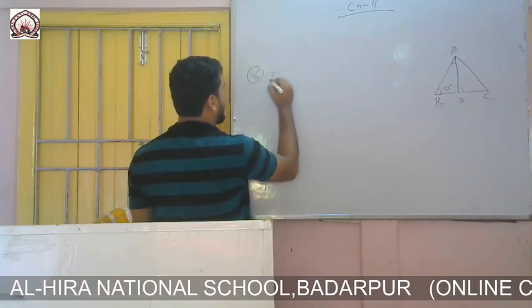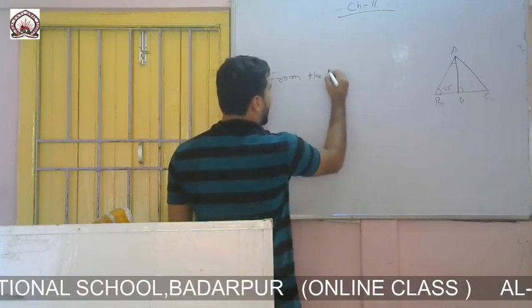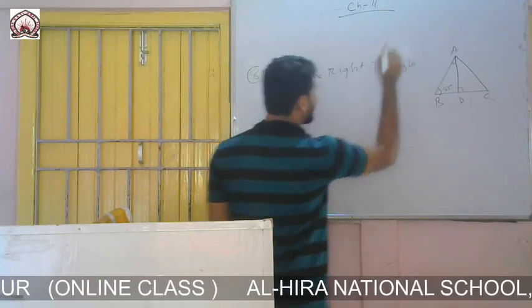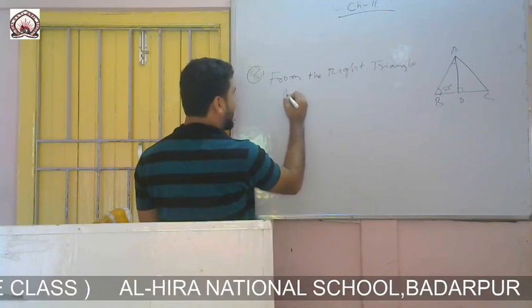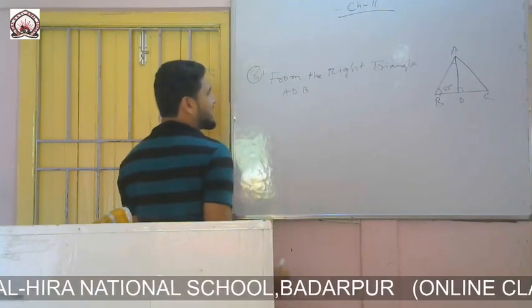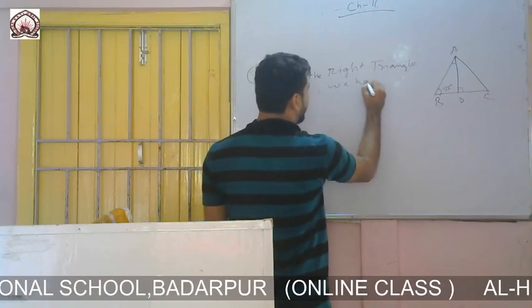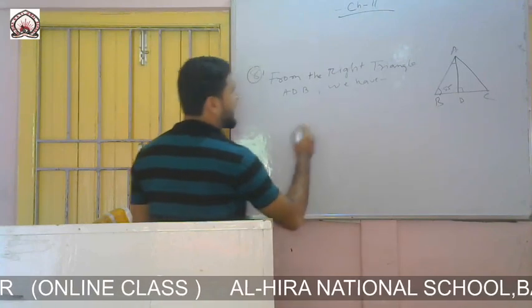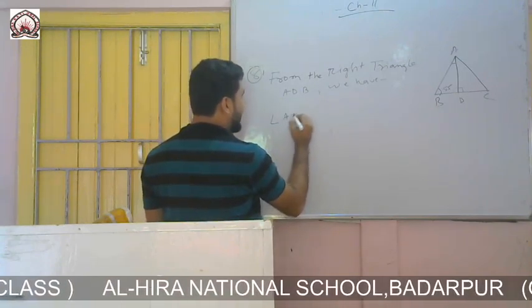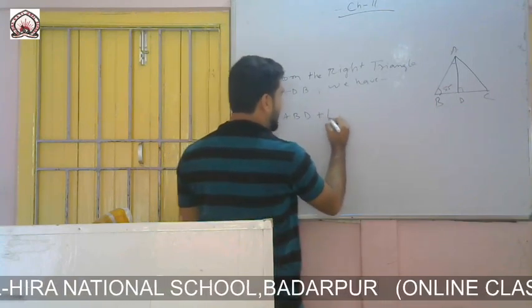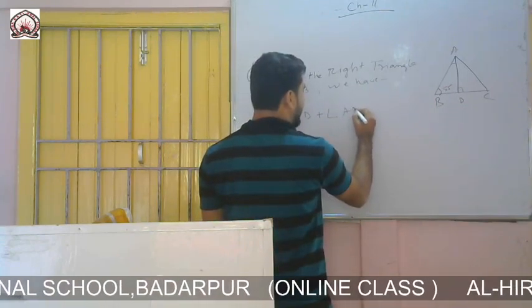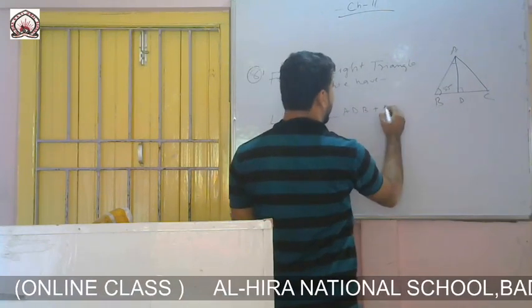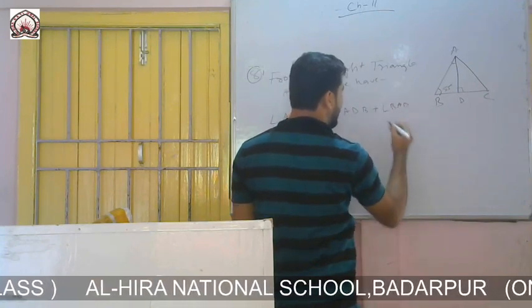So from the right triangle ADB we can write angle ABD plus angle ADB plus angle BAD equals